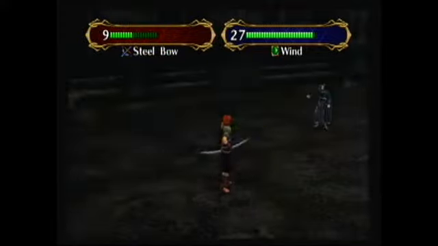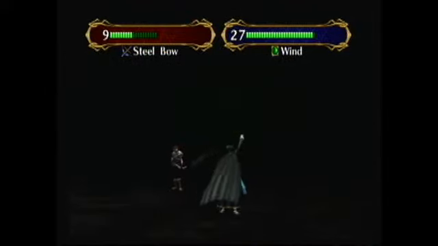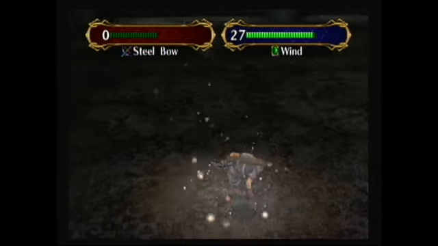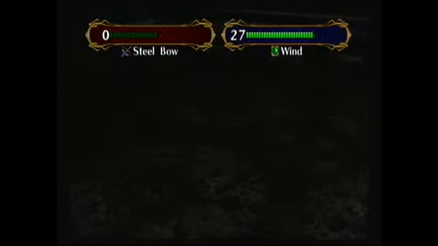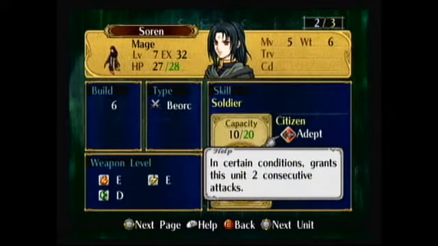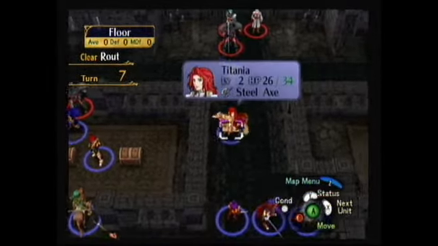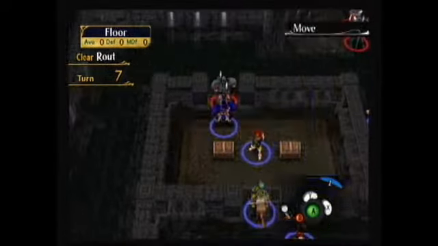Well, I like the visual effects on the magic in this game. Is he the unit that starts out with Adept, Soren? I believe he did. I believe I talked about Adept earlier, but I'm going to check because I forget. Yes, he does have Adept. So Adept potentially lets him triple hit guys, but that doesn't happen very often. But it also has a chance of letting him